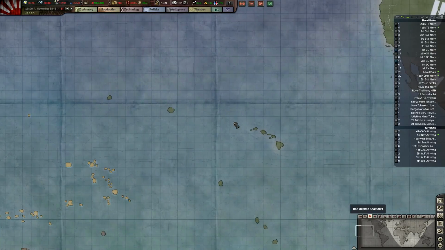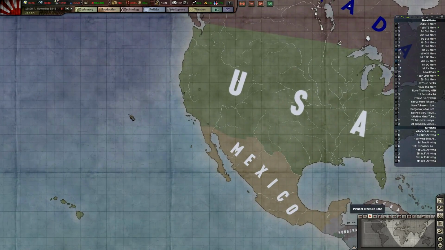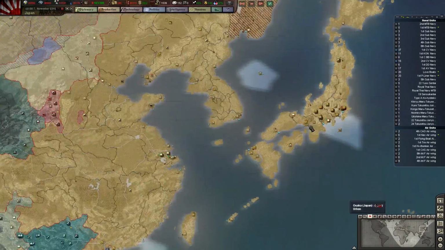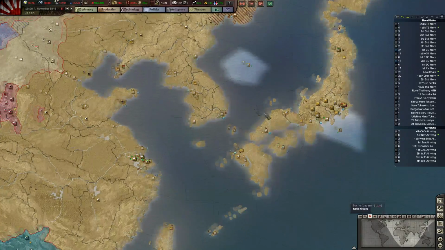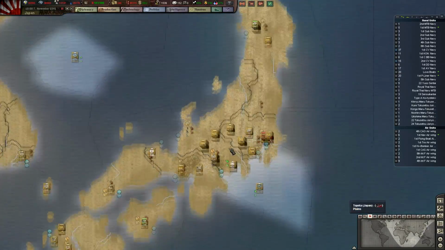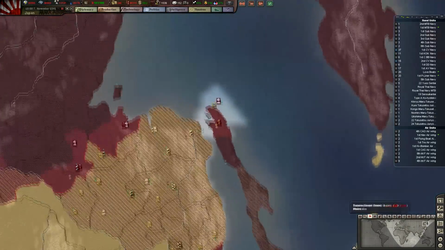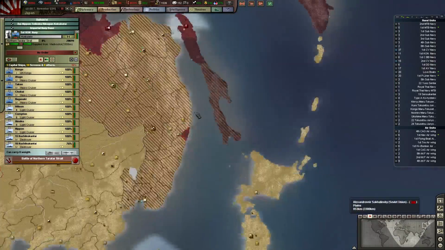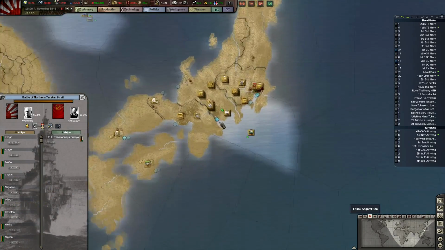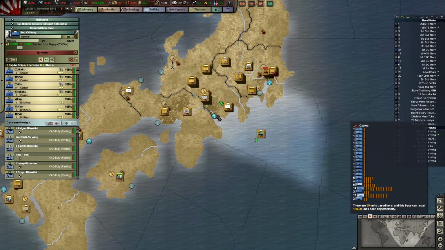And if we can't really put the screws to the U.S. early on, then the game's basically at a loss. We're never going to be able to compete with their industrial might. So losing my fleet scares the hell out of me. So with that in mind, I'm leaving this fleet over here, and I'm going to add in some carriers to it, some light carriers, so that they can actually, you know what, maybe we'll just...